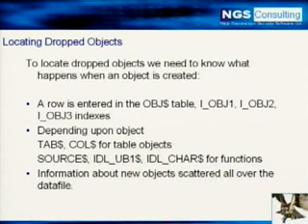Then depending upon the object type, if you're creating a table, there'll be a row inserted into the tab$ and the col$ tables, obviously for the columns of the table and for the table name and so on. If you're creating a function or a procedure, rows are inserted into the source table, source$, IDL_UB1$, and so on. So when we create a given object, information about that object is stored all across the data file, the system tablespace's data file.